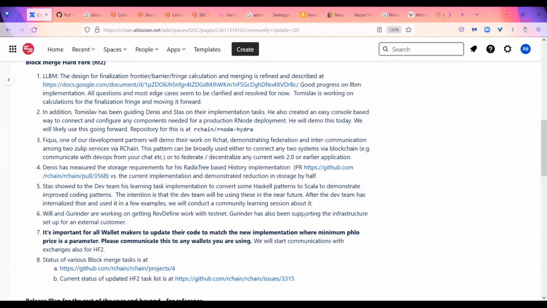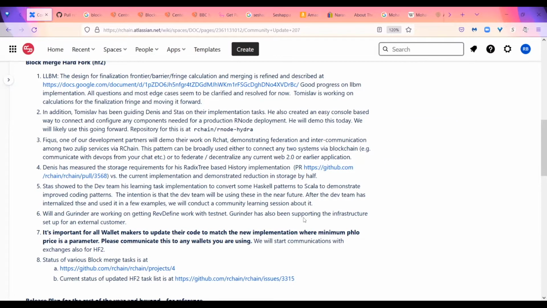And the idea, for example, is that any enterprise implementation or anybody that's running their own shard will need their own block explorer. So we want to make sure that the block explorer we do have currently is more modular so that it can work with anything on the back end. So that's one task that's going on. And then Gurinder has also been supporting infrastructure setup for an external customer. So that's what's going on.